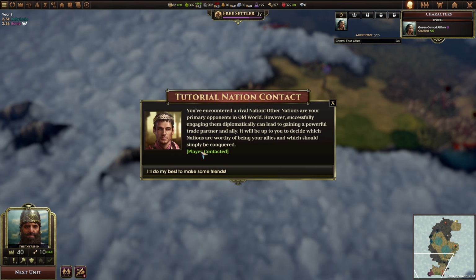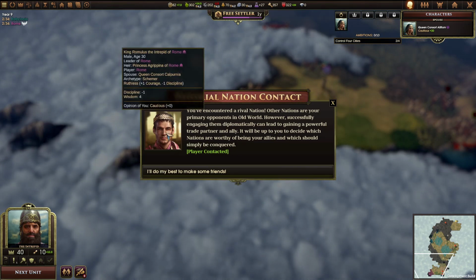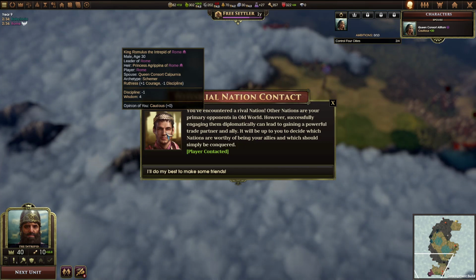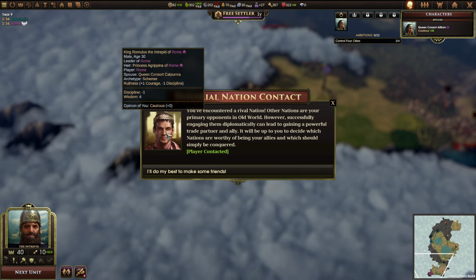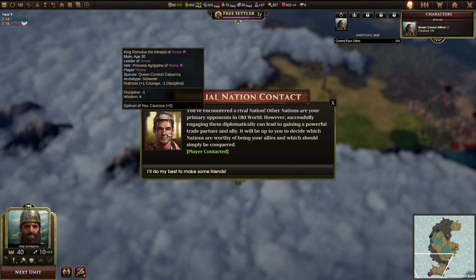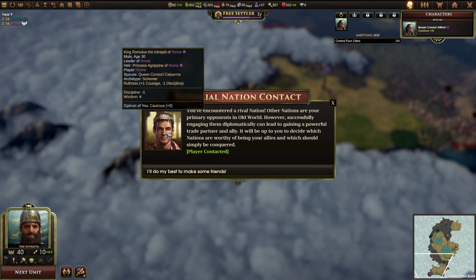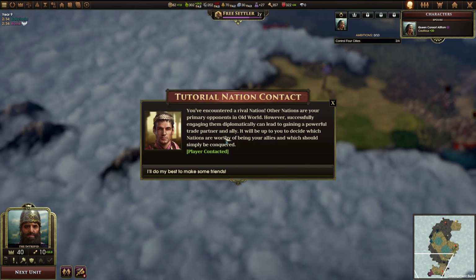Uh-oh. Sterile Nation contact. Oh, hello. King Romulus the Intrepid of Rome. Age 30. Leader Rome. Princess Agrippina of Rome. Queen Consort Calpurnia. He's a schemer. Ruthless. +1 courage, +1 discipline. Okay, he's got good... Okay, well...